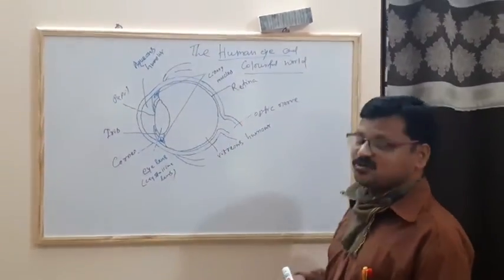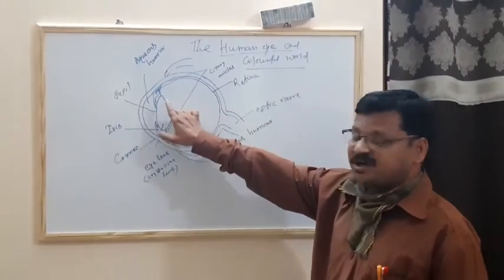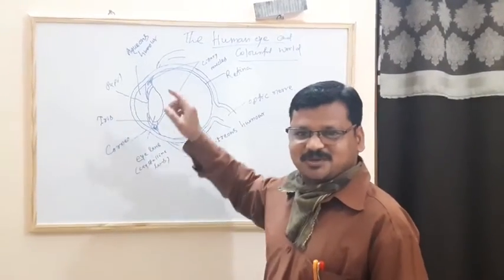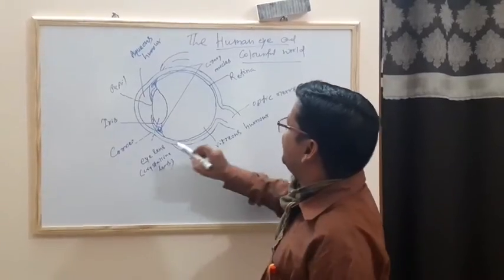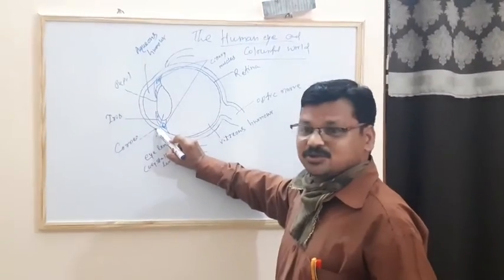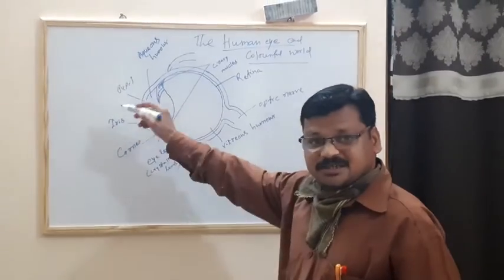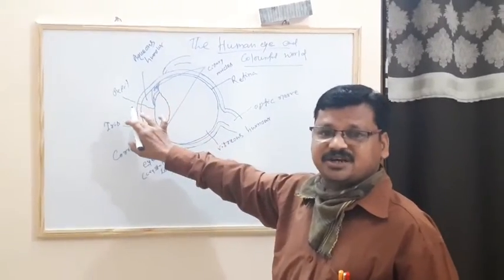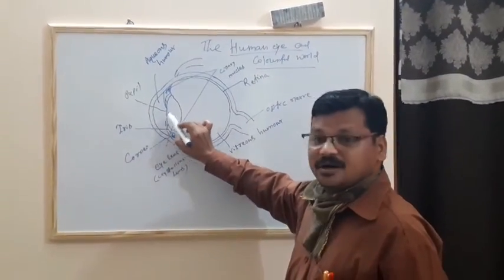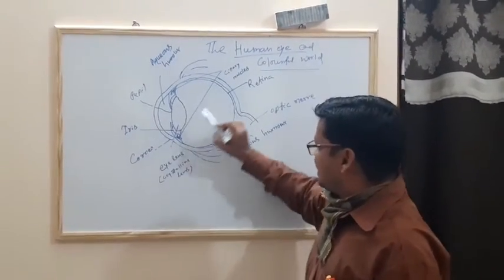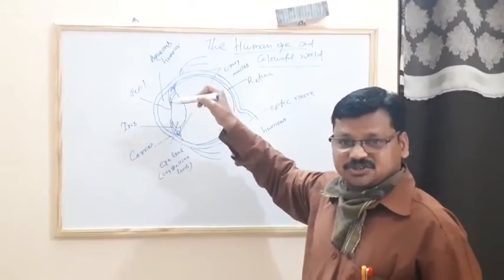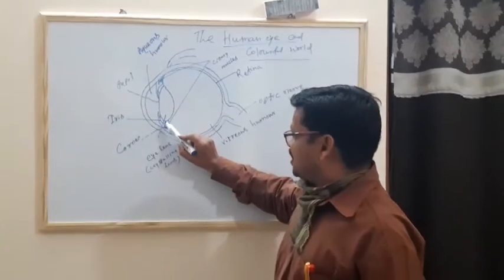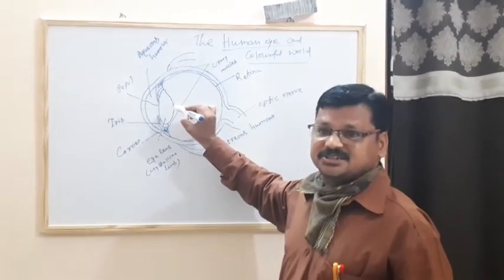Of the main parts of the human eye, the front part of the eye is called the retina. Sorry, the cornea. The front transparent bulge part is called the cornea. When light passes through the cornea, it refracts; maximum refraction happens at the cornea. Then there is a colored diaphragm, which is your iris. The iris is a ring-shaped colored structure.